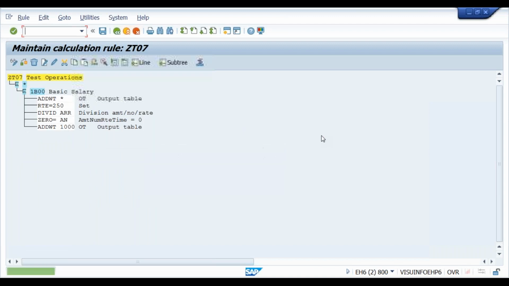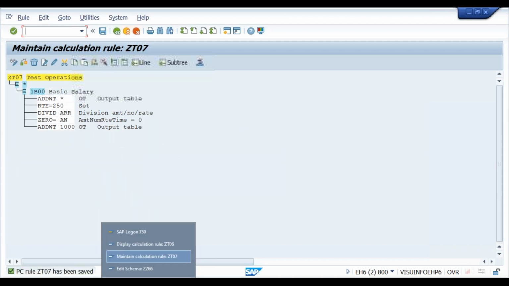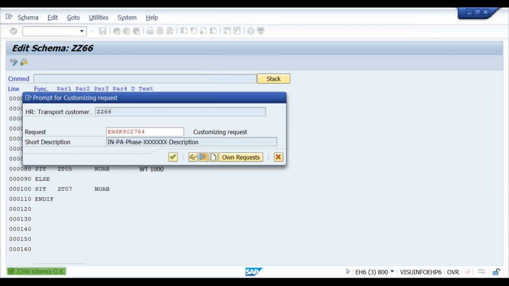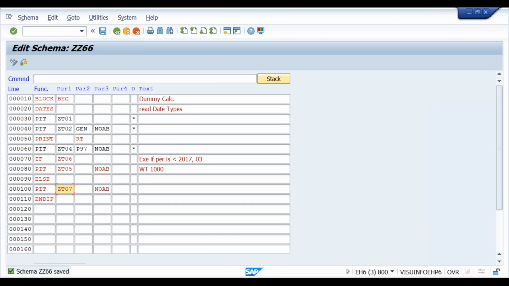This is a new rule, right? Okay, so you insert that here. So the same client requirement, I have done it in this way. If the period number is lesser than this, then the old rule is applied where the amount is divided by 200. If the period number is greater than or equal to 2017-03, it goes to else. Automatically it goes to else. Check it.